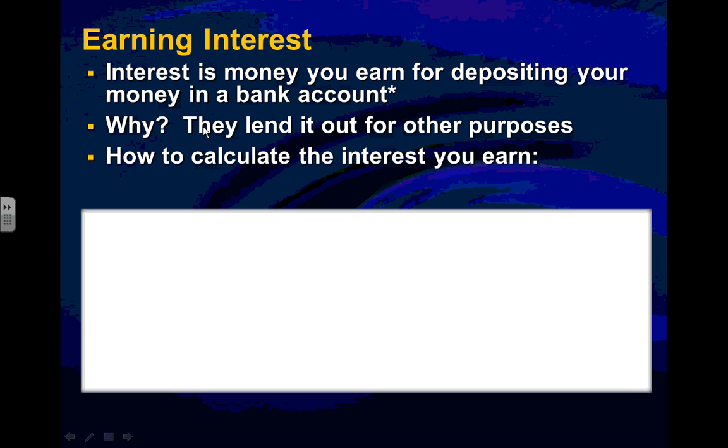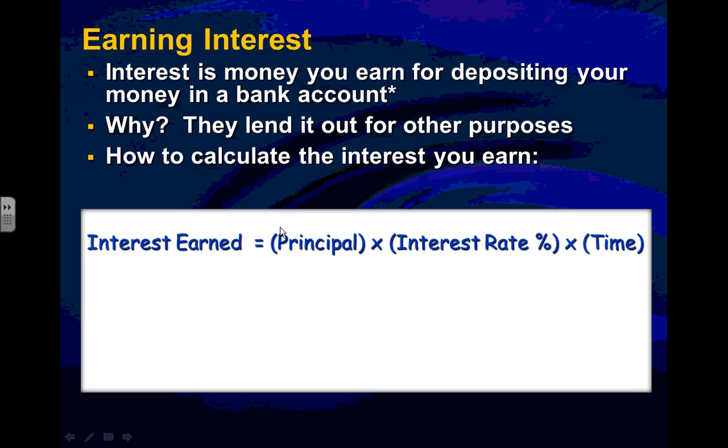Now, why can the bank do this? Well, they take your money and they lend it out for other purposes to other people. Doesn't mean your money's not there. They always have to have a guaranteed balance so that you can close your account and pull your money out. It's guaranteed, remember, from the FDIC. But they do take your money and lend it out and try to make more money by loaning it at higher interest rates to others. Okay, but you will make interest, and we want you to be able to calculate how that interest is paid.